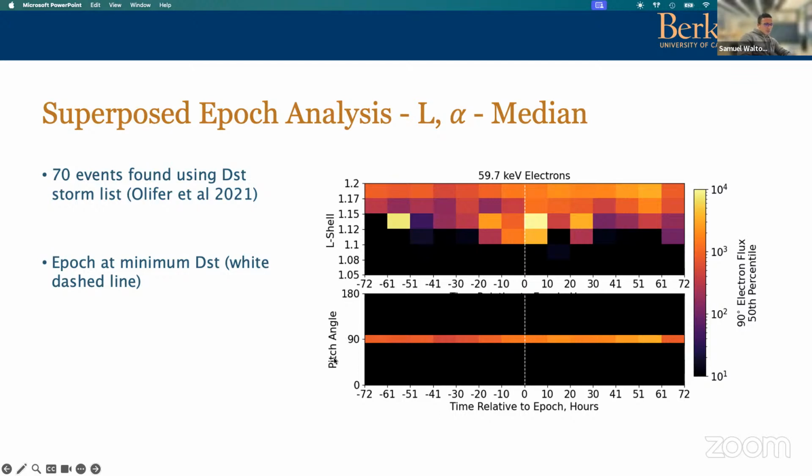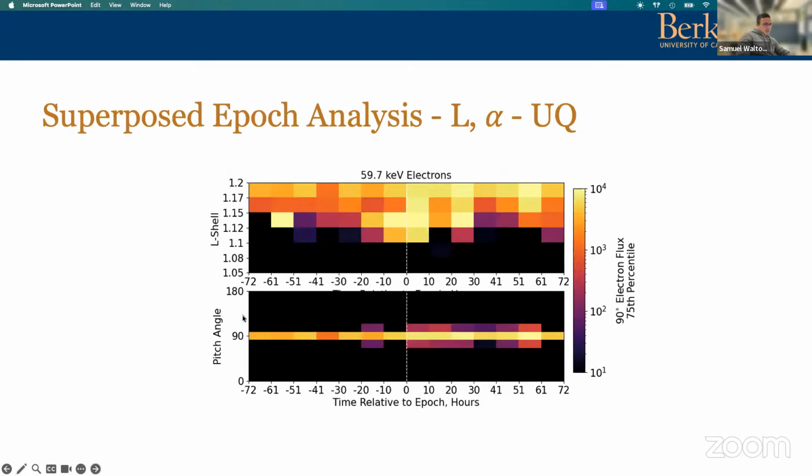And the pitch angle distribution is very anisotropic. So here are the fluxes again as a function of pitch angle instead of L shell, and this is for all of the L shells from L of 1.2 to 1.1, just so it would collect enough data. You can kind of see that enhancement there, but no obvious change in the pitch angle distribution. But when you look at the same plot again, at the 75th percentile, things start to become even more clear.